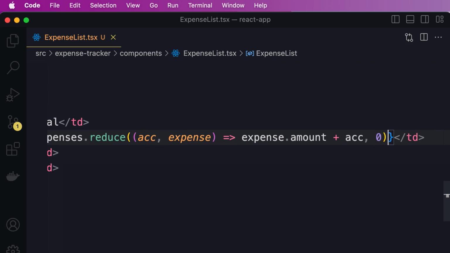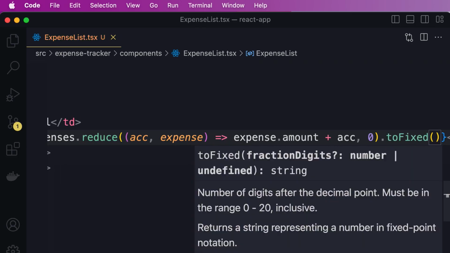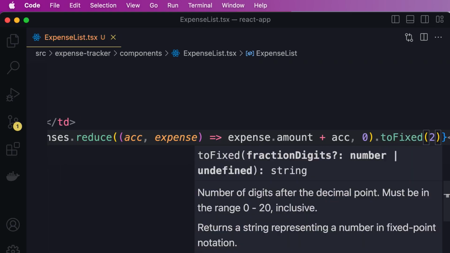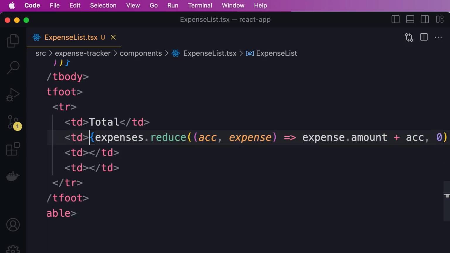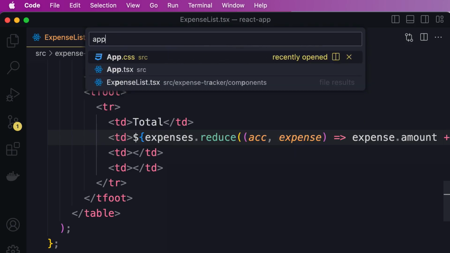So after we call the reduce method, we call the toFixed method. This is available on all numbers in JavaScript. And here we pass 2 to specify the number of digits after the decimal point. Now, before that, I want to add a $ sign so we can see the total amount in dollars. We're almost there. Now we need to test this. So let's add this to our app component,